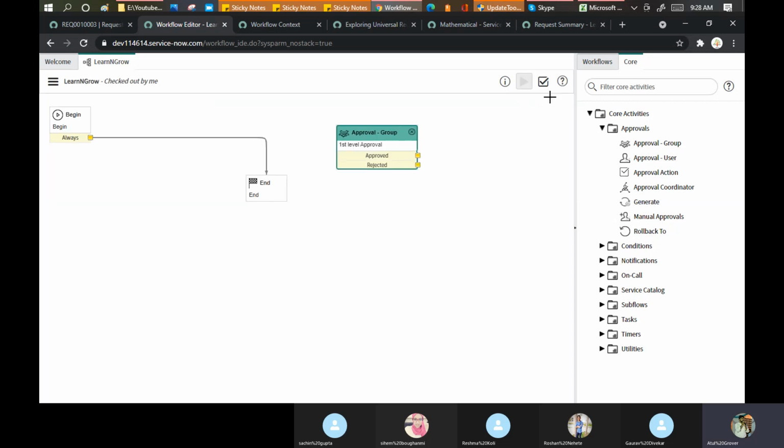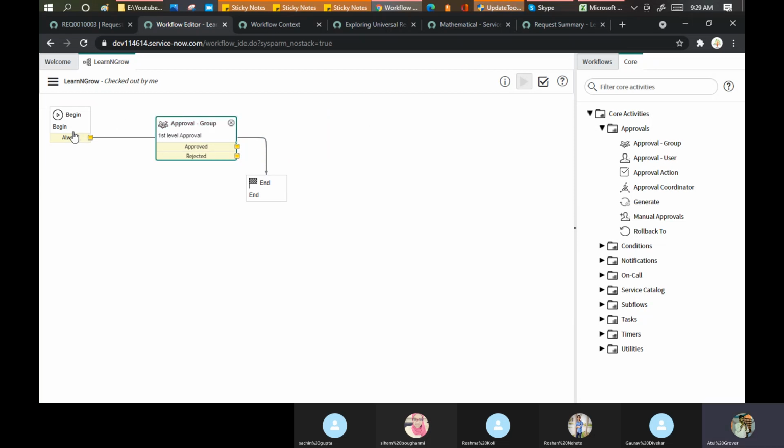Now understand one thing here. I have two options. Either the request will be approved or it can be rejected. There's no midway. It can be 0 or 1. Now you can see this is standalone here. How will my system know where to go when it's approved and where to go when it has been rejected? So what we do, we click here and map it to this, like this. Or let me do this, add in between.